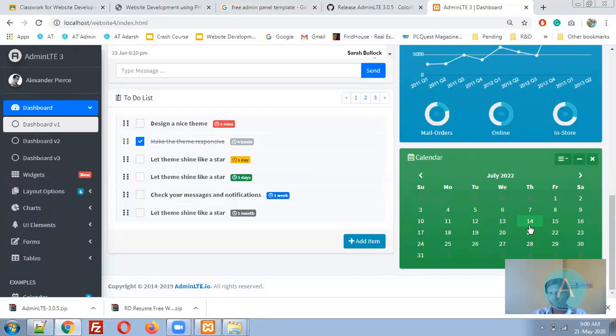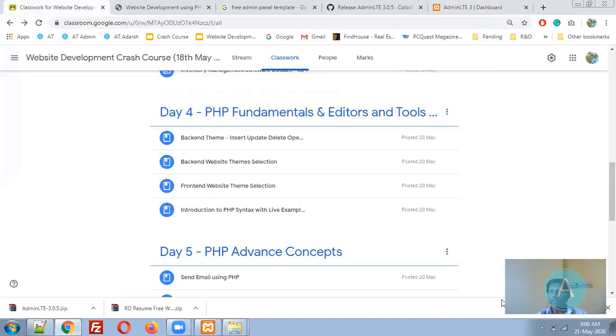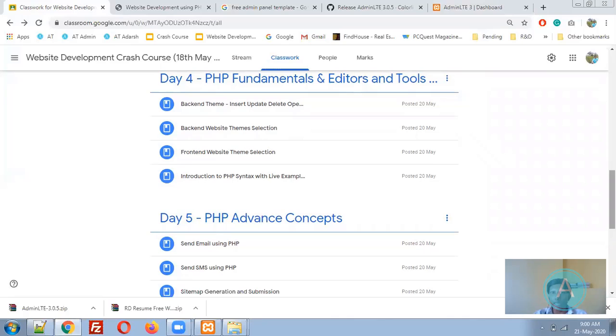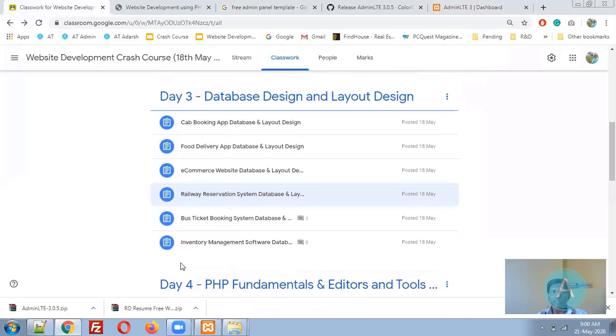That's it. Yes, sir. So now, what is today's task? Today's task is to prepare a website for at least one particular topic. You can choose anything. You have a database, you need to do insert, update, delete, login, change password, forgot password, as much as you can. You can go with anything. For example, we have this many databases ready, this many layouts ready. Now you have the templates also. You can use the templates and implement it.